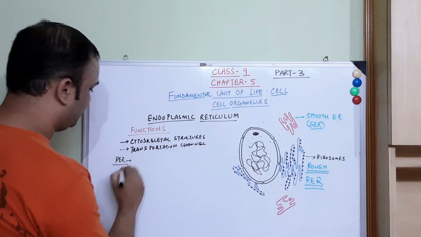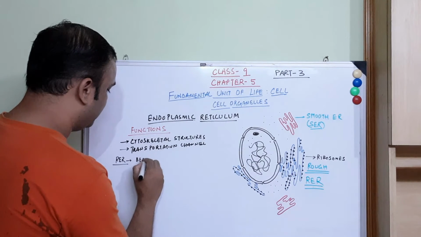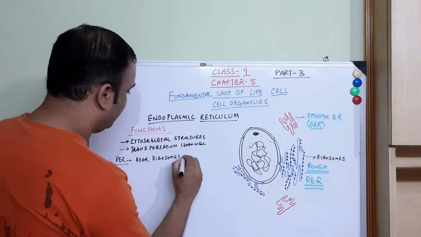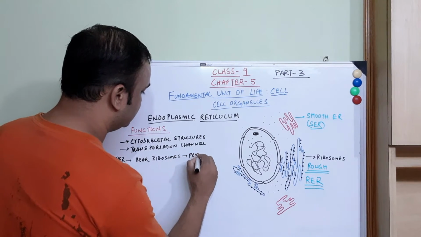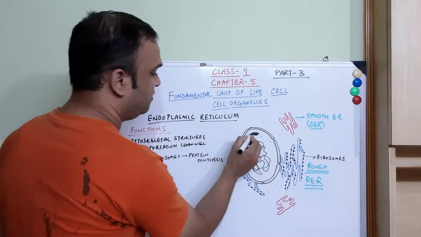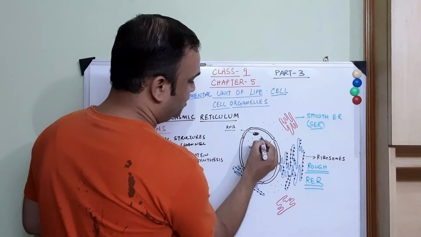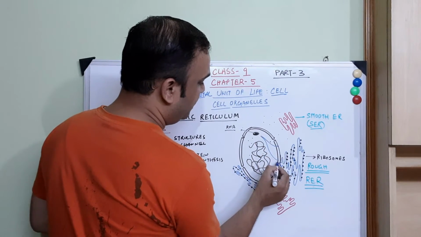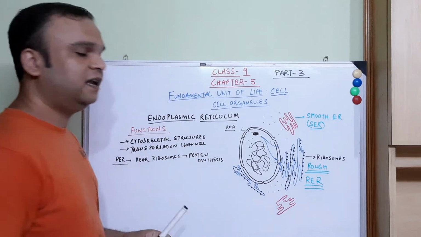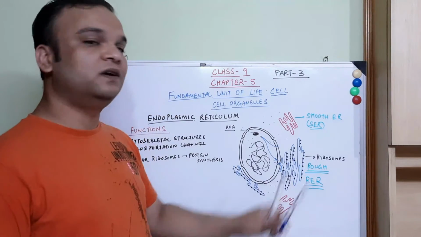Let us see what is the function of the RER. As I have told you, it bears ribosomes over its surface. And the presence of ribosomes is highly important for protein synthesis. What happens inside the nucleus? I told you it helps in the formation of RNA. Remember, this RNA gets transported through the nuclear pore and it comes across to the endoplasmic reticulum and it helps in the protein synthesis by the machinery which is present over the ribosomes.